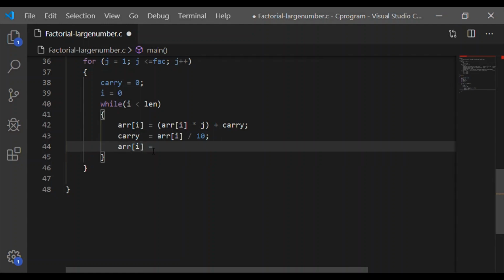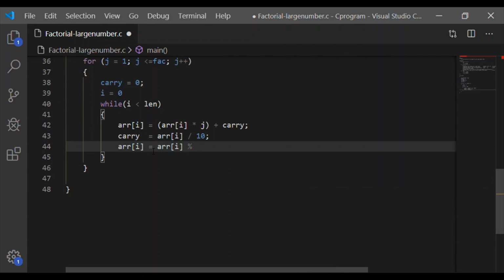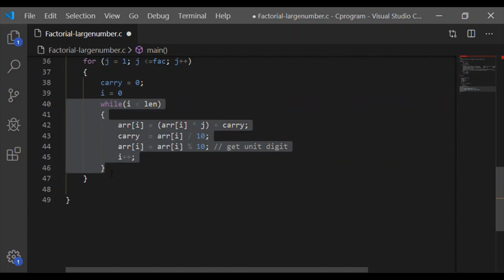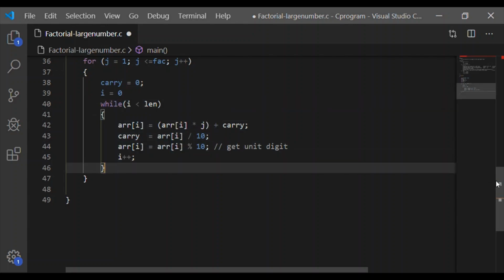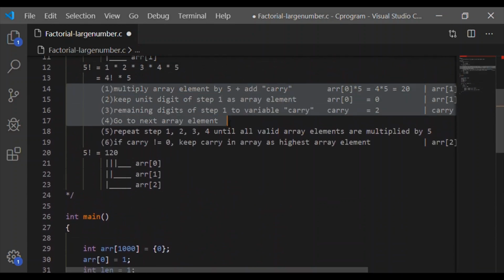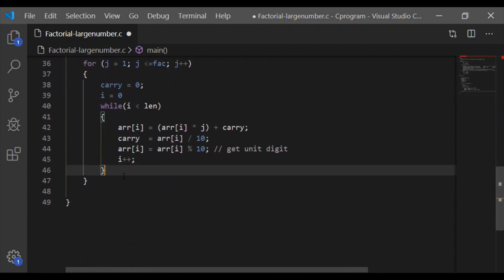The first step is multiply the j value with array element plus carry. Then carry will have the digits other than the unit digit. So that value divided by 10 will give the higher digits. Array of i will take the unit digit by taking the modulus operation. So this while loop will satisfy our steps, because we are incrementing i plus plus, and the while loop continues until length.